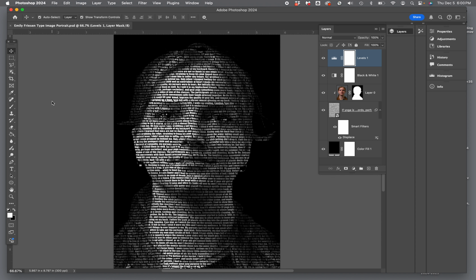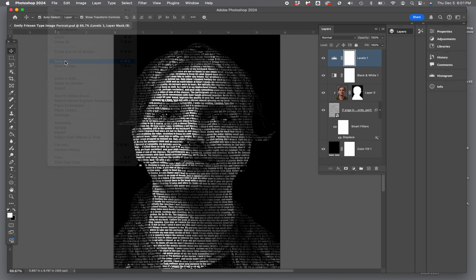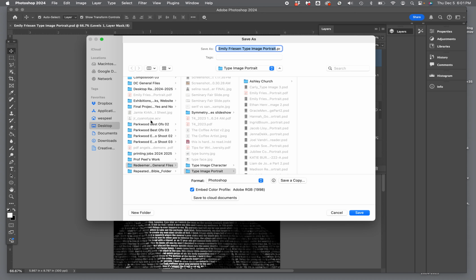Once that's done, you're going to want to upload a PDF file for the printer. Make sure that it has your full name in the title with the size that you want it printed. Here's how you create that. We go to File, pull-down menu, and then we go to Save As. Click on Save As,